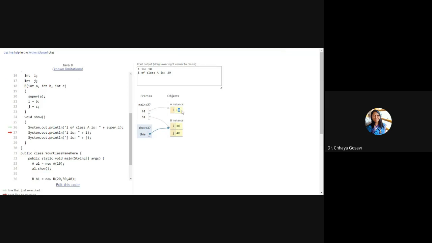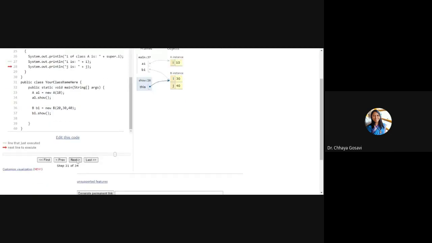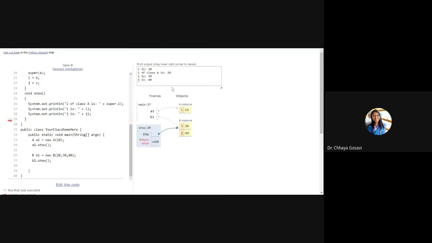And 20 you cannot see here because that value is hidden by this. And this value of i is the instance variable, 30 and then 40. So you are getting this output, but we can have two variables with the same name and same data type existing in the same class. One is getting hidden by another, but you can retrieve that value using the super keyword. In C++, we can access the superclass value with the scope resolution operator. So I hope you understood what a super keyword is.